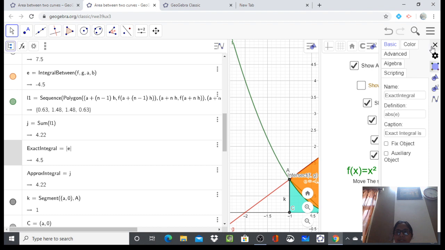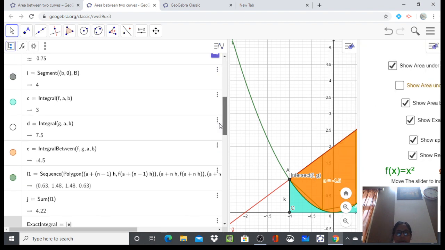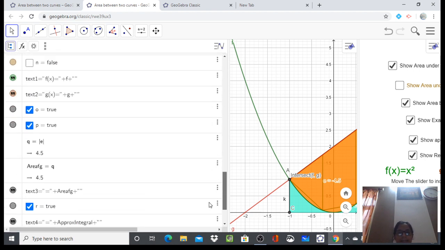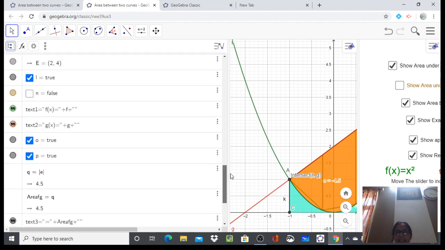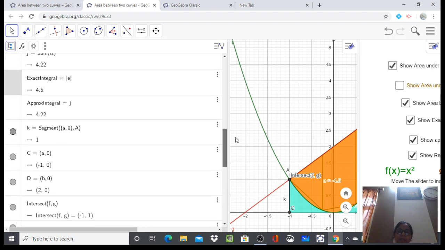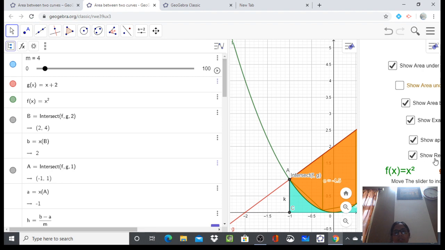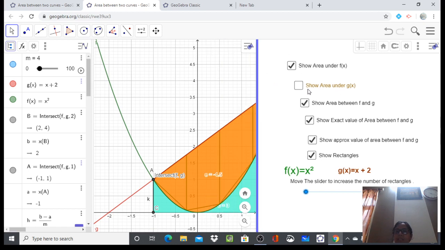And then we have just created two buttons and a checkbox, which is very simple. You can go through all these things. I have created these buttons on the graphic 2 window, not on the graphic 1 window. So you can use these buttons as well to make this an interactive session, otherwise you can leave them also. You can see the difference between the area using the direct integral and using the rectangle method.